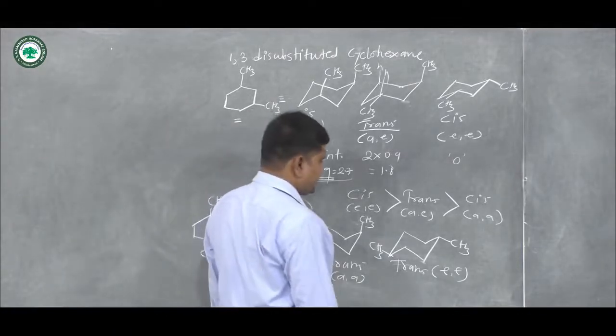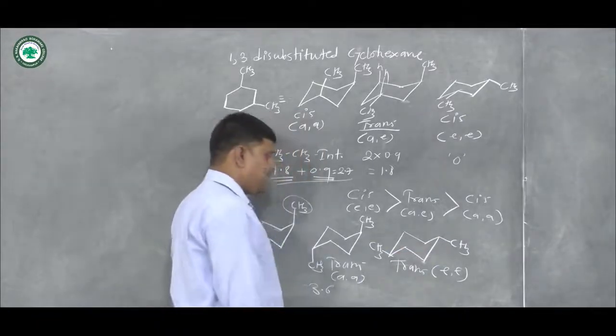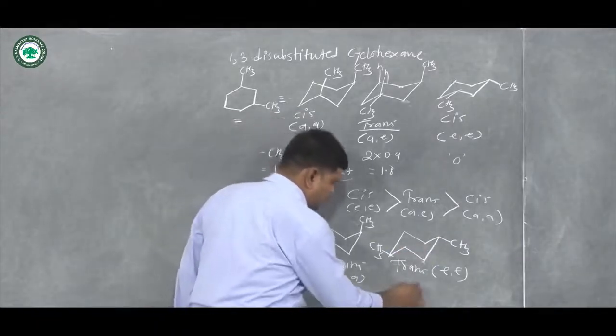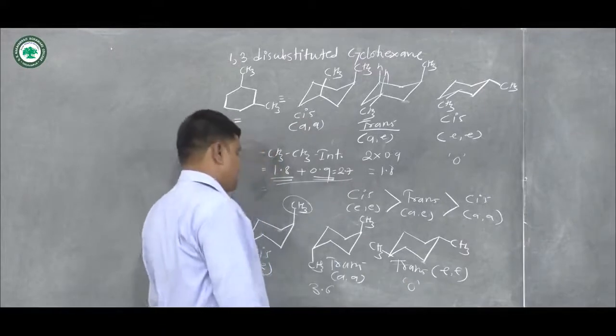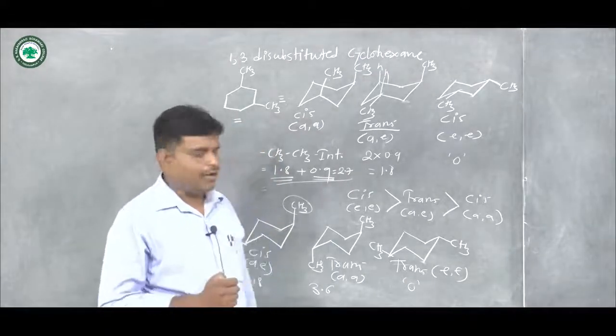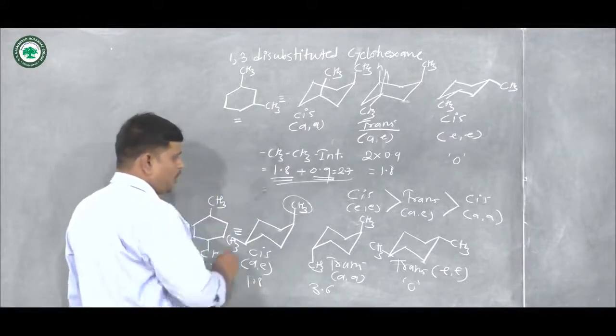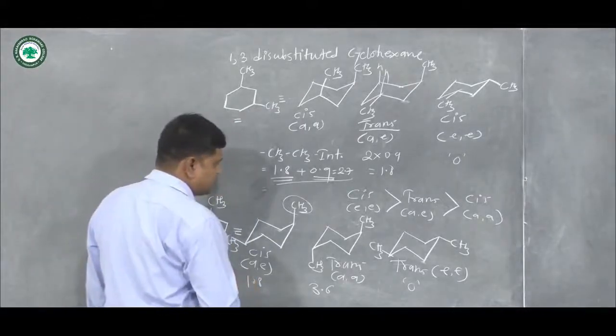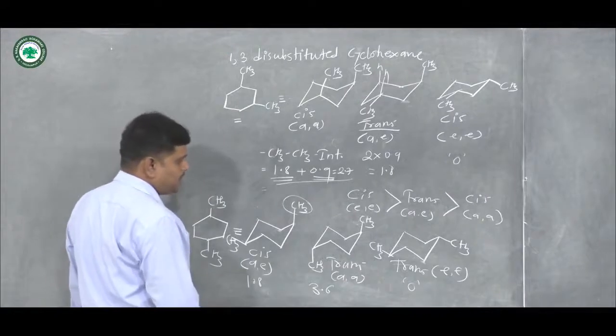And in the last case both are at equatorial, so its energy is 0. And according to this energy calculation we write its stability order, and now the stability order for 1,4 disubstituted, we write here stability order,